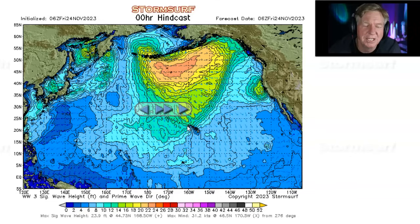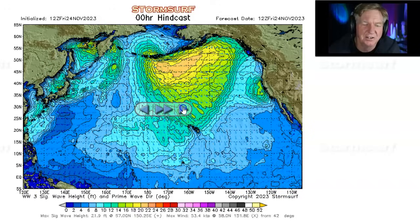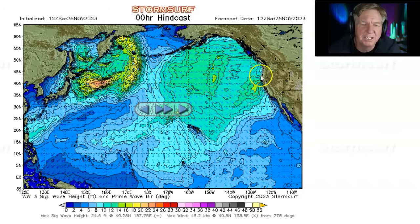Swell also hit Maui and the Jaws area. Winds were pretty strong, though. Trade winds out of the east, not unusual. And then the swell made its way over into California. On Saturday, large surf, at least in the San Francisco Bay Area,